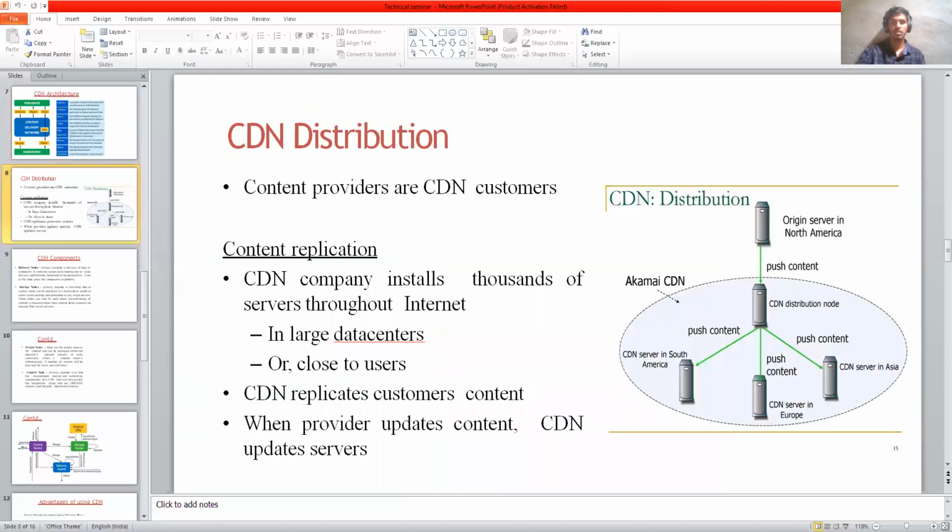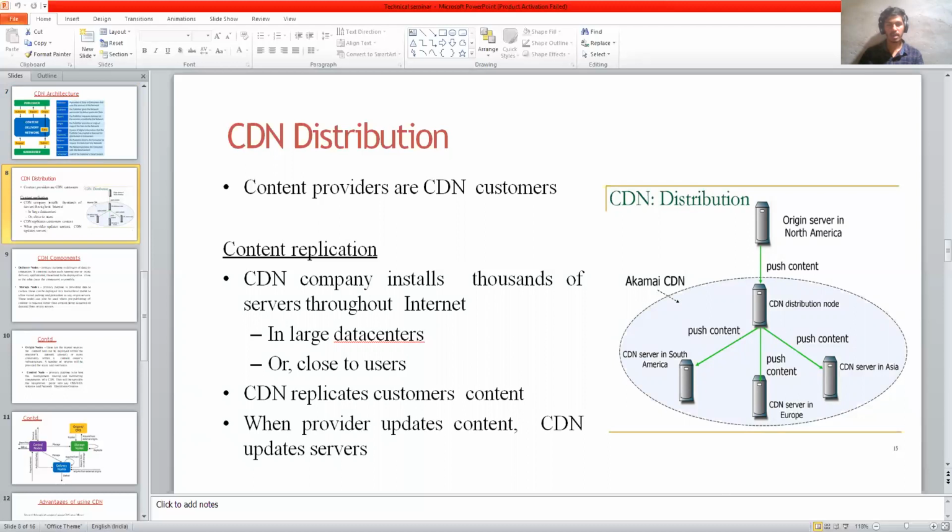Next, the CDN distribution. As can be seen in this picture, I'm going to explain now about the CDN distribution. For example, for CDN distribution companies like Akamai, if the original server is stored in, say, the northern part of America, the many other servers can be stored in South America, Europe, and in Asia, and so on.